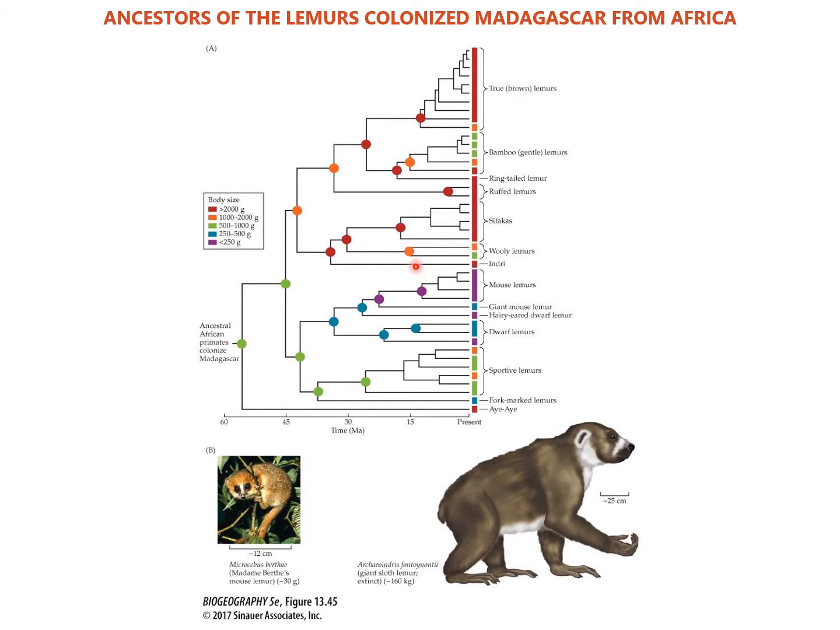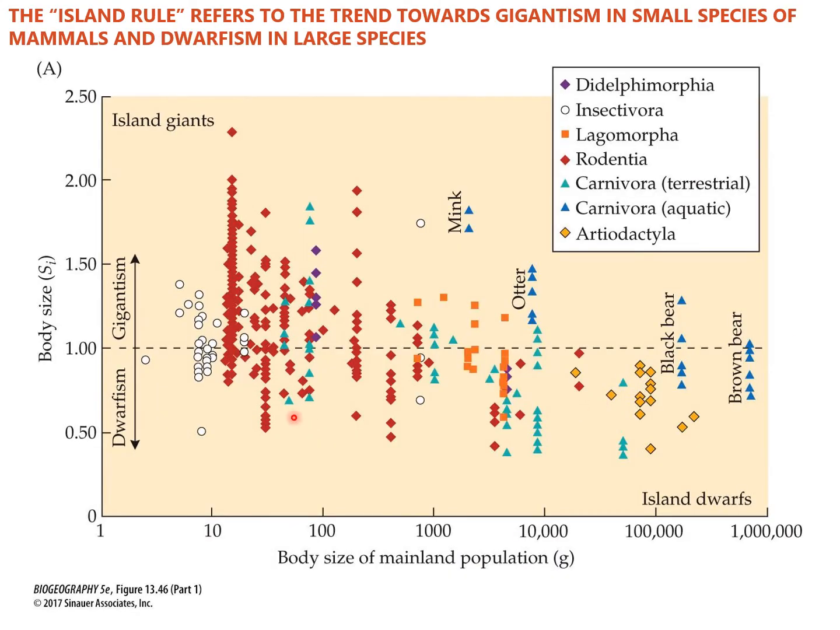And this is actually a trend that I want to talk about here a little bit more. It's this trend called the island rule, and the island rule refers to the trend towards gigantism in small species of mammals and dwarfism in large species. So basically, what's going on here is your body size. So here you have the body size of the mainland population, and you have the body size of the island